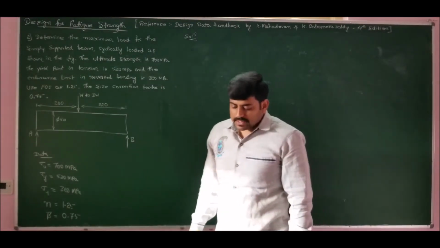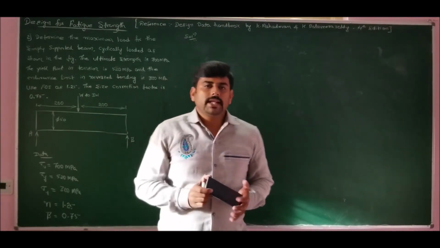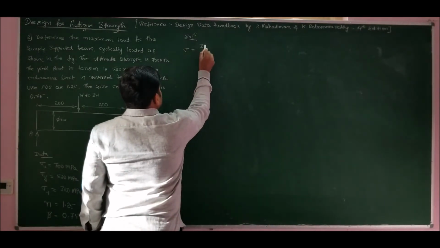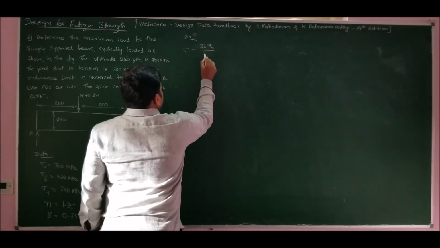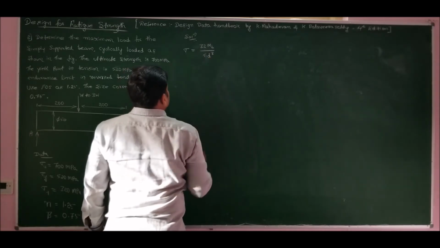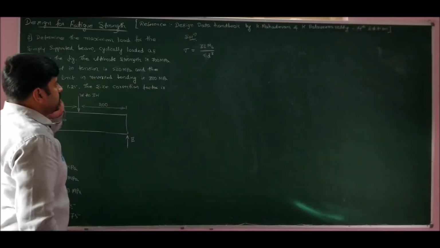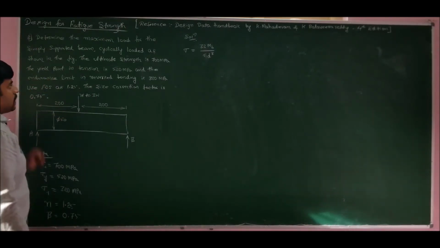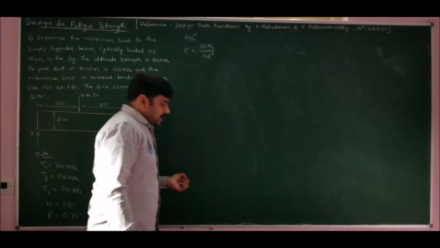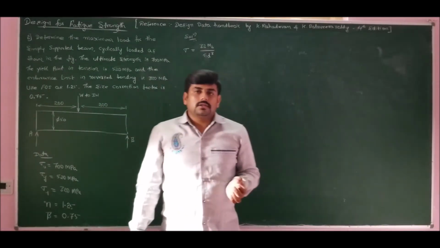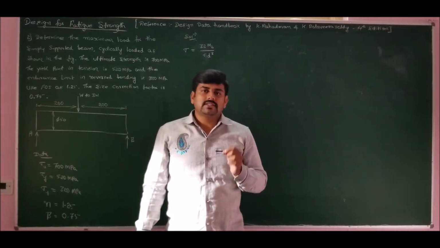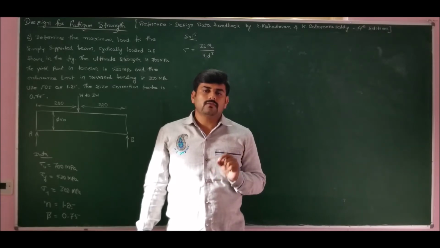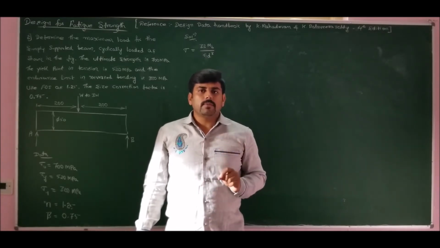Now, if I solve this problem, it is a circular specimen. Therefore, for circular specimens, we know the stress equation for bending: sigma is equal to 32 MB by pi d cube. Now, MB, that is bending moment, for a simply supported beam is given by FL by 4. If I solve for a cantilever beam, bending moment is load into perpendicular distance. If I solve for a simply supported beam, bending moment is FL by 4.